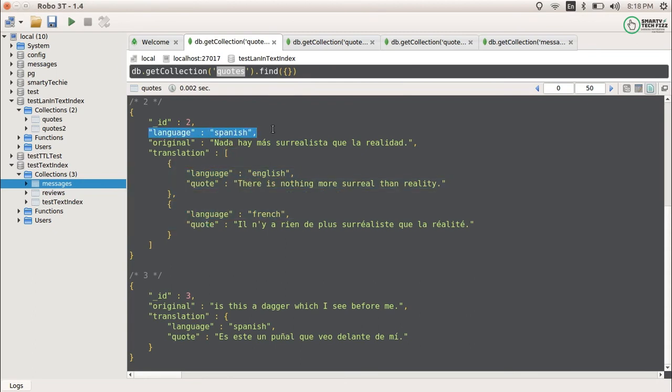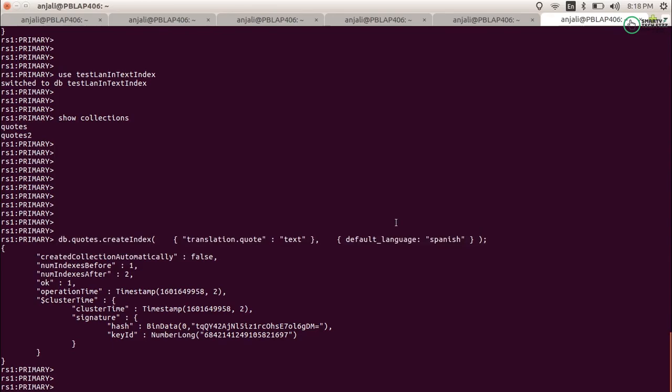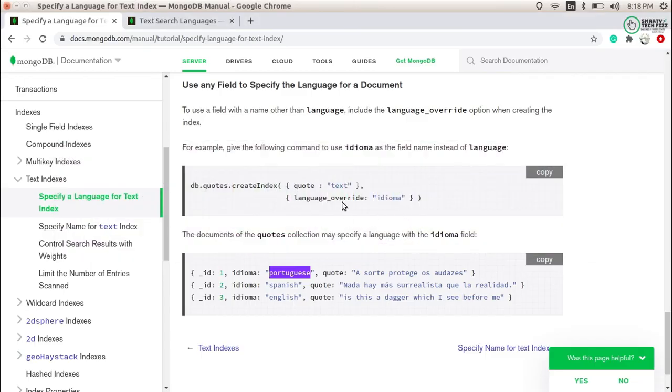The third thing is how you provide the language without using a language keyword in the document. We provide it using the language override, and using the language override the text indexes will know that you are using this keyword for the languages. This is how you can specify different types of languages for the text indexes.